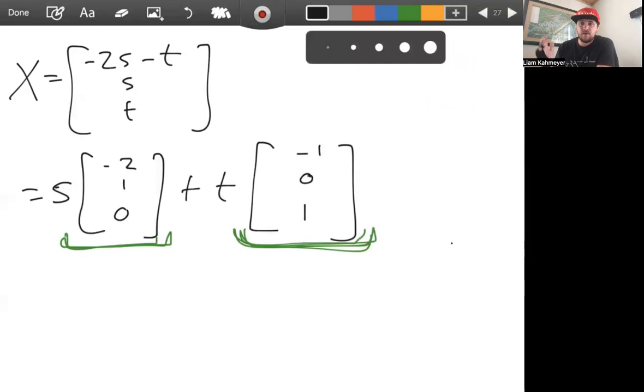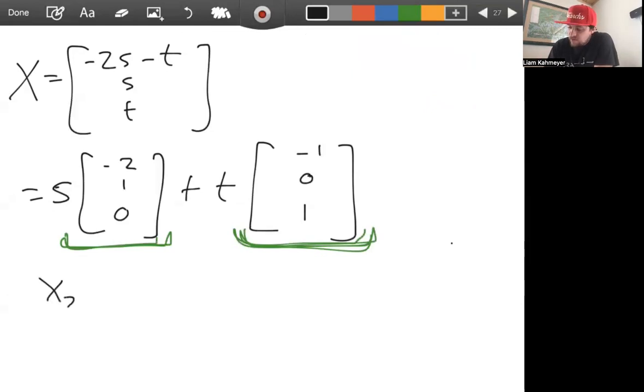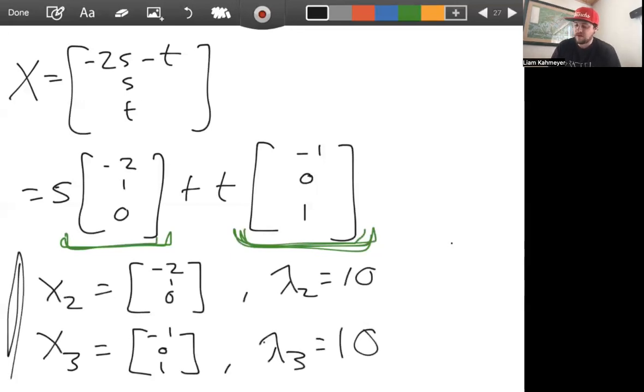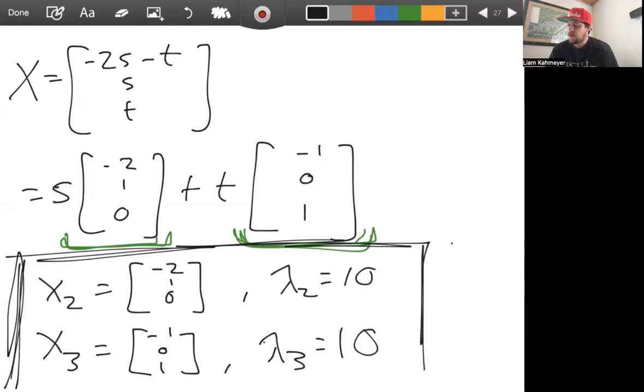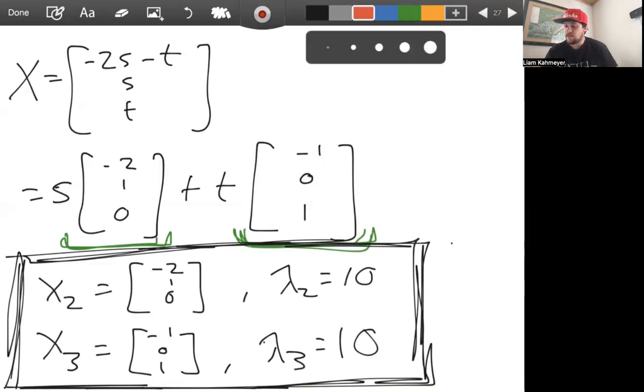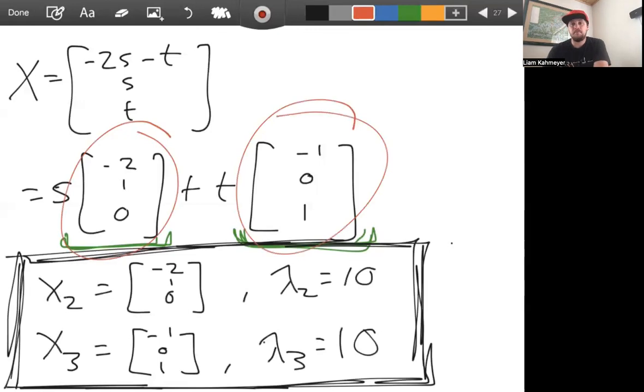Right, and so without loss of generality, let's say x2 is equal to the vector -2, 1, 0, and then x3 is equal to the vector -1, 0, 1. This is for lambda 2 equals 10, and for lambda 3 also equals 10, right? And so this is how we find eigenvectors when an eigenvalue is of multiplicity more than 1, right? It's the same process, but you'll see the result will spit out more than one eigenvector, or more than one basic eigenvector that would define a basis for this